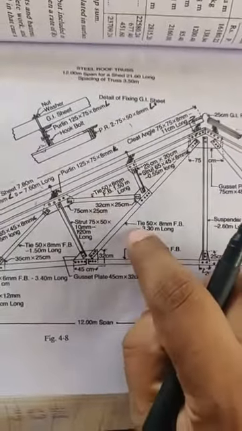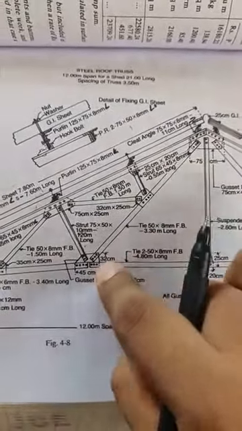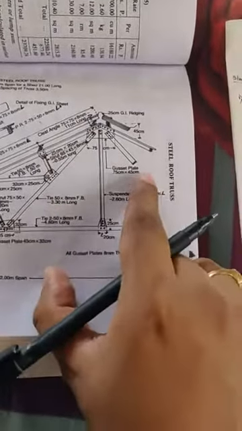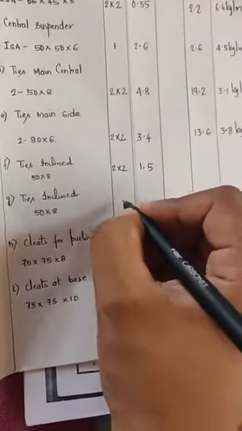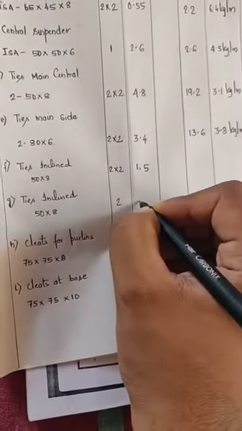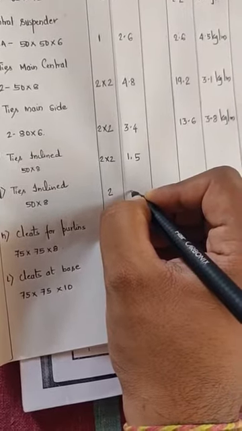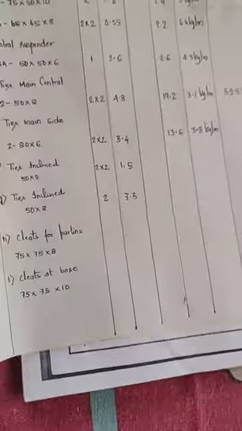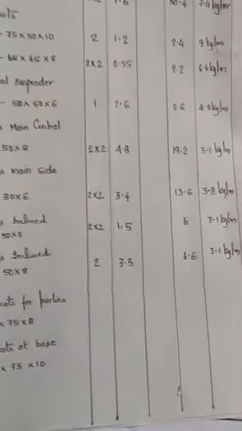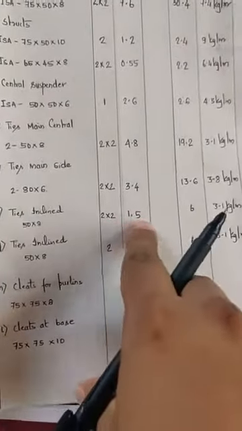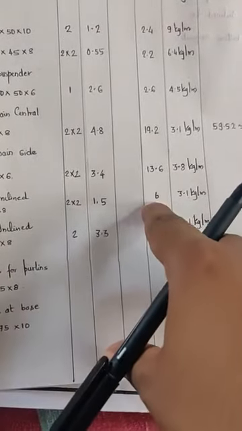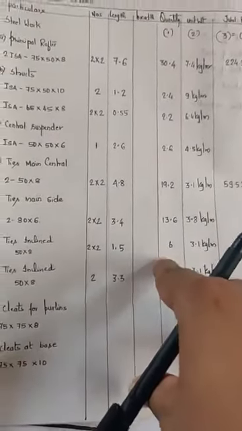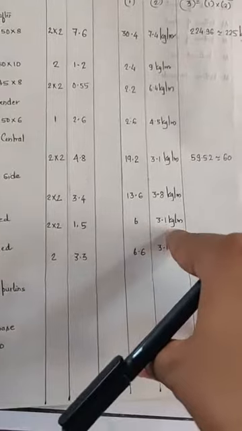Now having a look at the other tie member, which is running from this end to this end. We have one tie member here, the other tie member on this side, right? So there are a total of two tie members, and the length of this is 3.3 meters. This tie member we have 4 in numbers, 1.5. So total quantity in meter length will be what? 6 meters. You have to multiply that with 3.1 kg per meter.